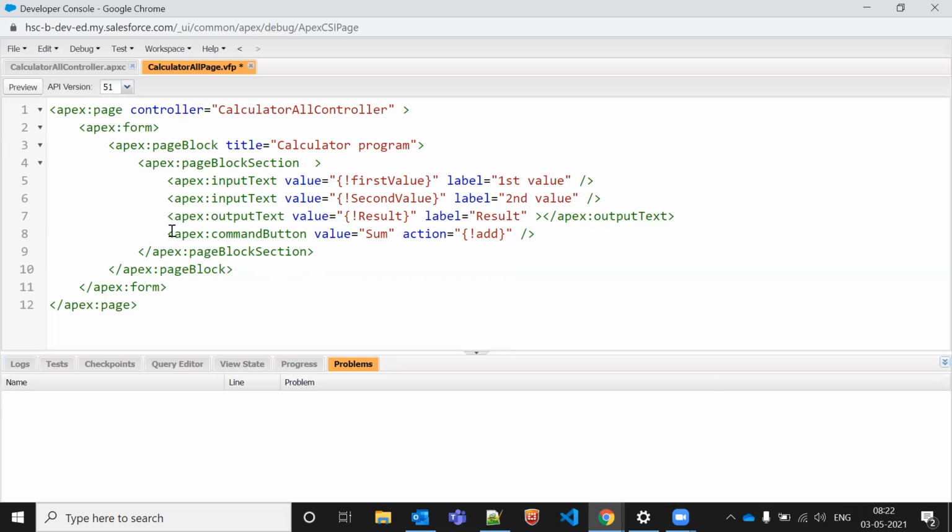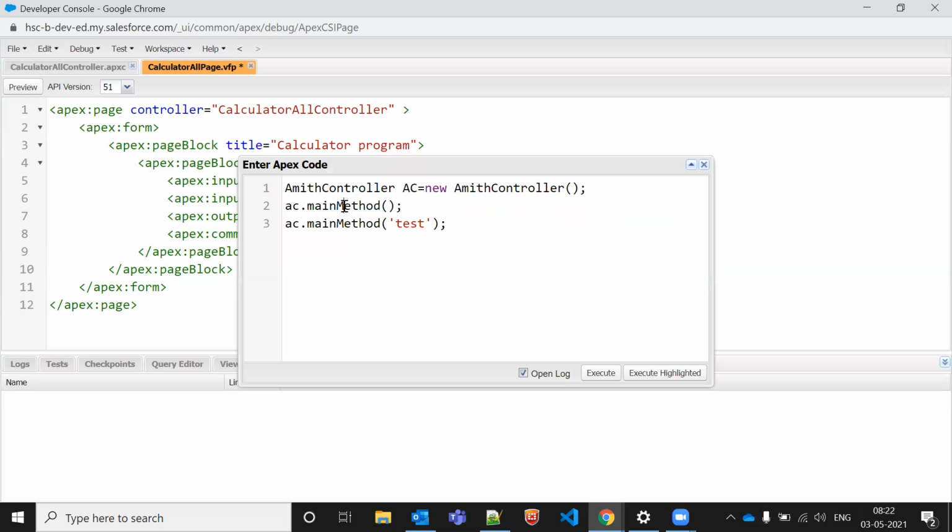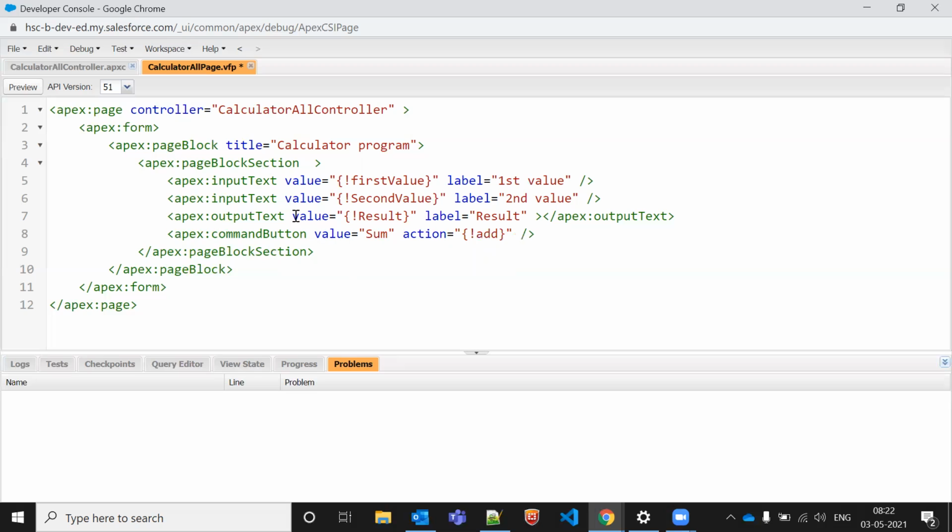Okay, so we are calling the add method. In an anonymous window, we were passing the Apex class name, and after that we were passing the different method manually. So now in this scenario, we are calling those methods. My class name is this, and I'm calling this method in the action. And when I click on this button, my plus functionality will be performed.